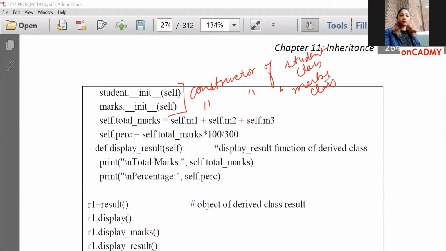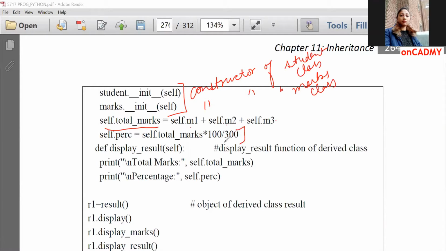And then we'll perform addition of all the 3 subjects, M1 plus M2 plus M3, and a new variable is created in the derived class result, total marks, where the total will be assigned, M1 plus M2 plus M3. Similarly, percentage will also be computed. Self dot percentage is equal to self dot total marks into 100 divided by 300.